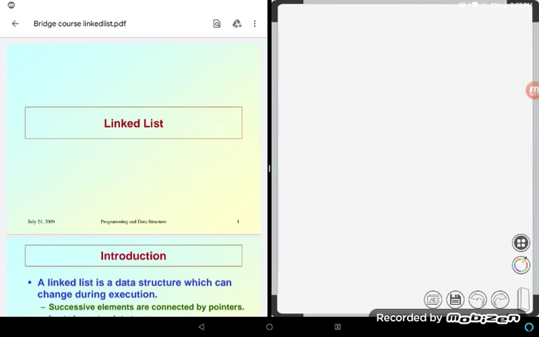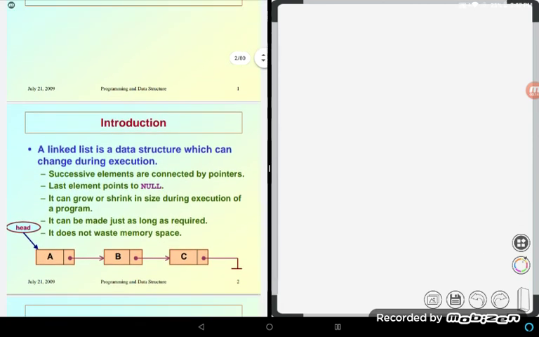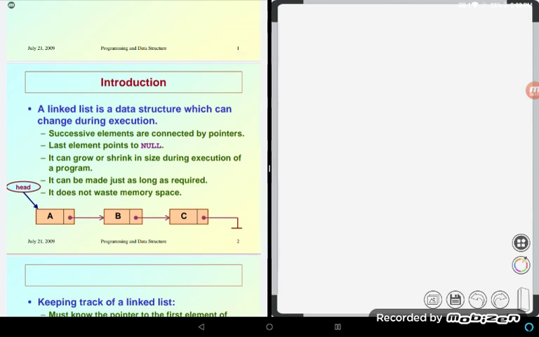Students, in today's class we are going to see an important data structure, that is linked list, and this is an introduction and a fundamental for the course Data Structures in the third semester. And what is a linked list? This linked list is actually a data structure. And before that I should tell you what a data structure actually is.